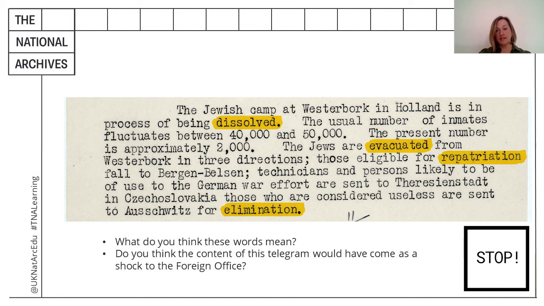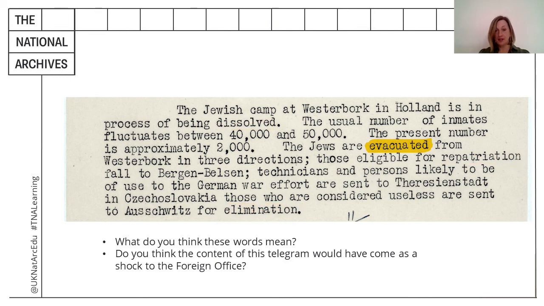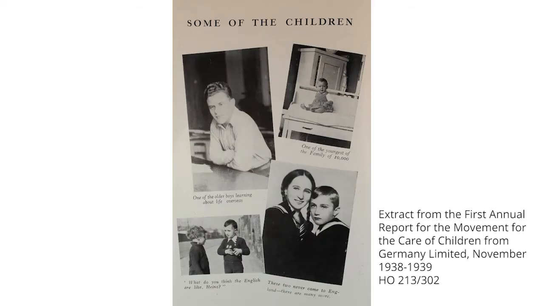This one paragraph tells us about the horrors of the camp systems. The language used to describe what is now known as the Holocaust differs to how we perhaps use language to describe the events which occurred. Evacuation, for example, was a term used regularly during the Second World War to take people to safety. We know about the evacuation of children from big cities during the Second World War.